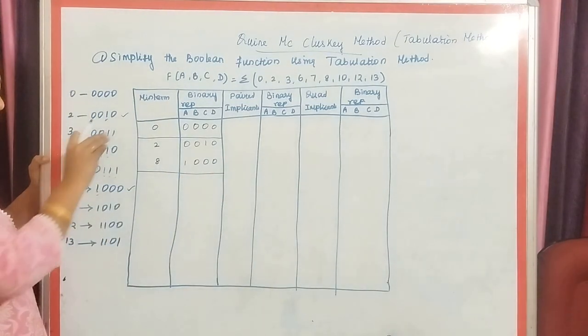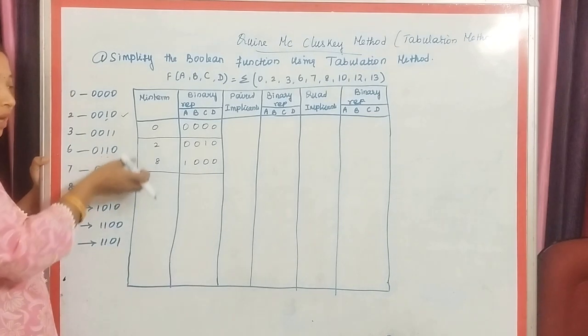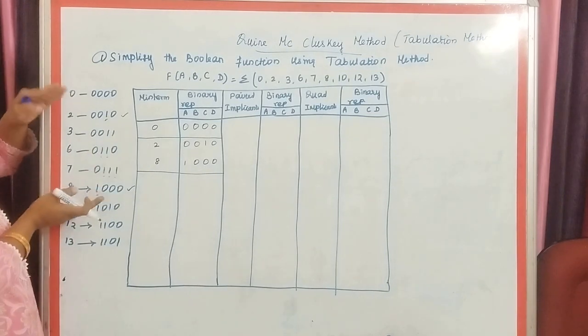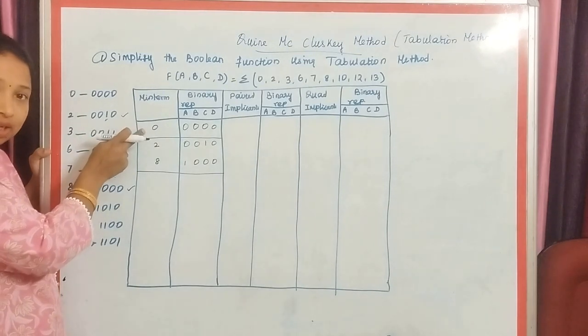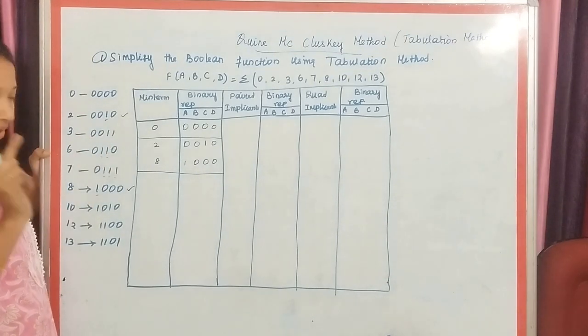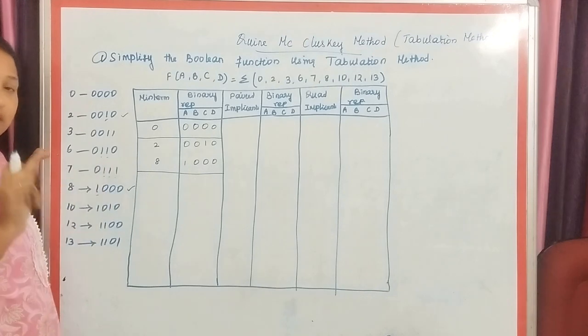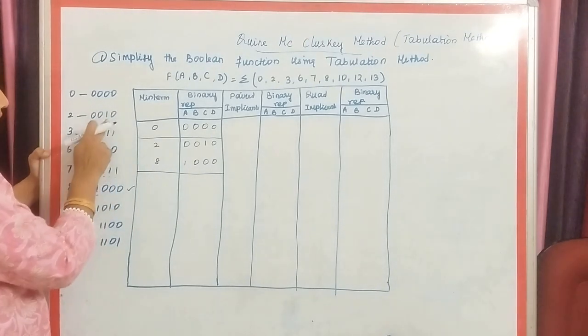Understood? Based on the number of times the number 1 is occurring, accordingly you will be categorizing or grouping the min terms. Here the number of occurrences of 1 is 0. In this group the number of occurrences of 1 is 1 time. Your next group has to be the number of occurrences of 1 being 2 times. Fine. Now